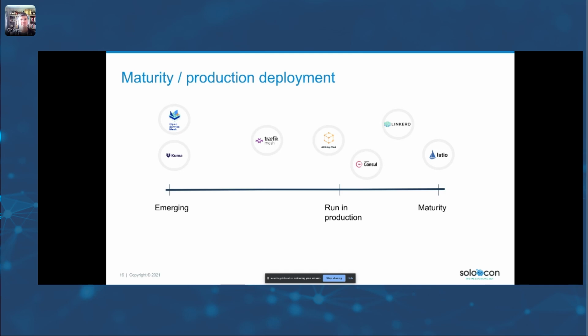Istio is extremely mature. Some of the newer service meshes that have entered the scene haven't gone through that hardening and vetting process. In my own personal anecdotal estimation, it takes at least 2 years for a service mesh to be introduced to the market and actually go through this hardening process to the point where you can say, all right, yeah, we can comfortably run this in production.